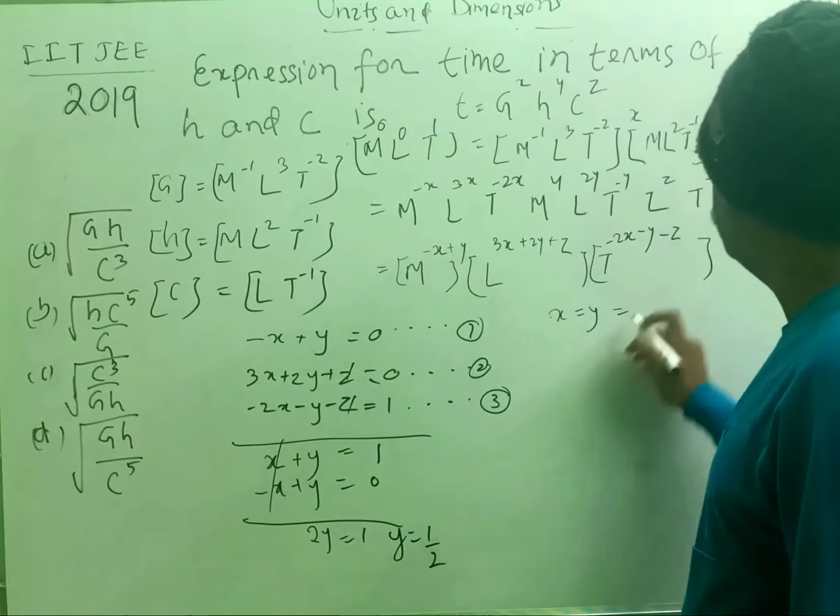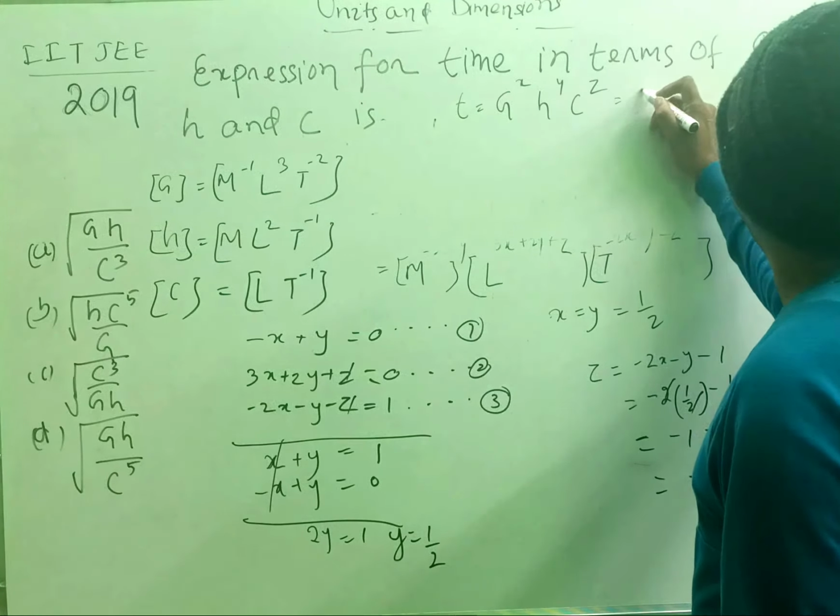What is z, students? From equation number 3, z is equal to minus 2x minus y minus 1. That is minus 2 into half, minus y means minus half, minus 1. The 2 cancels, minus 1 minus half means minus 5 by 2. Okay, student, let us put the values of x, y and z here in G, H and C. And what will be T? The expression for time will be equal to G to the power half